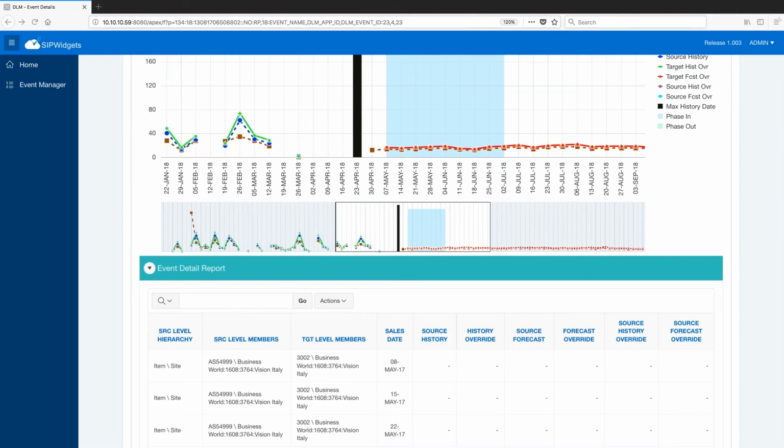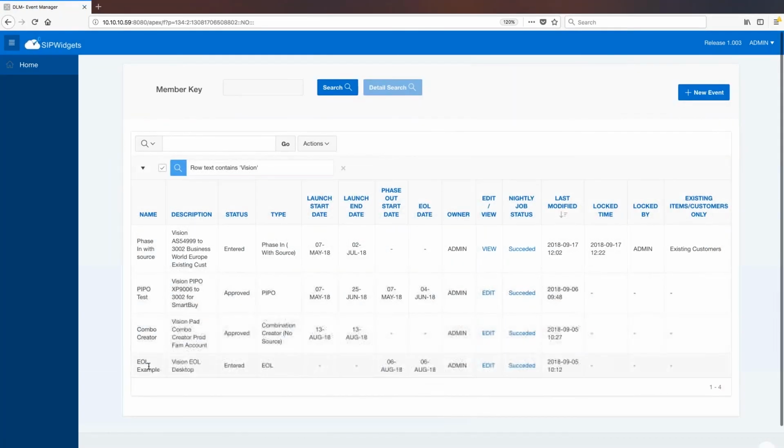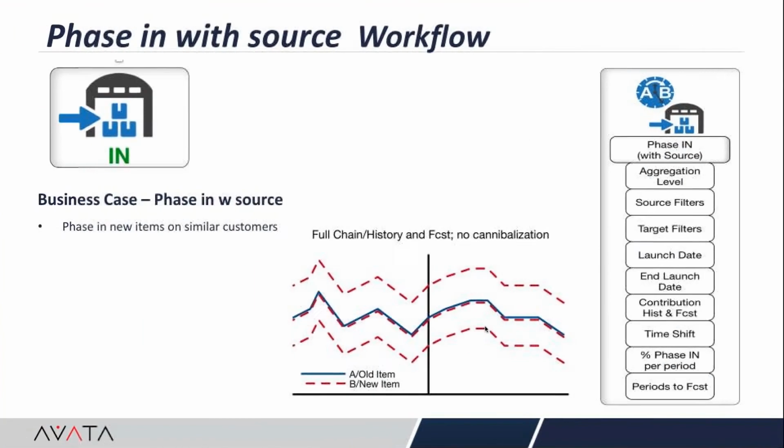Now let's review scenario 3, which is the end of life of a product family across all customers by a certain date. Let's go back to the event manager, and here's the event, end of life of the desktops product family. I'm going to edit and look at the details and quickly look at the slide.